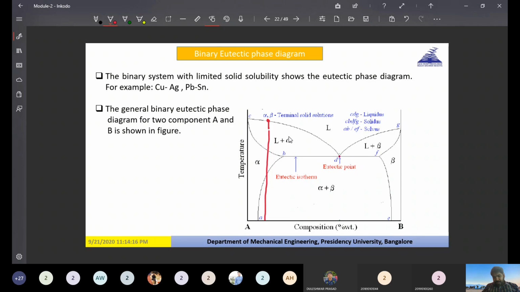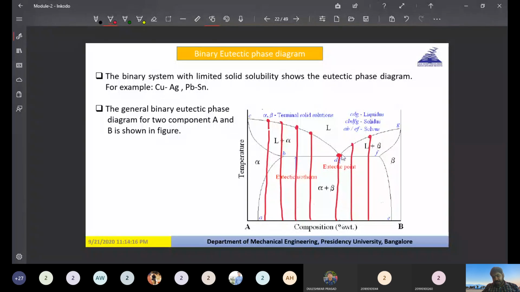Now, if I take this composition, the melting will be here. If we take this composition, the melting will be here. If I take this temperature composition, the melting will be here. But if I take this composition, you can see we are having melting over here. And if you are taking any other composition of A and B, if you take this, you are going to find the melting over here. If you take this composition, the melting will be here.